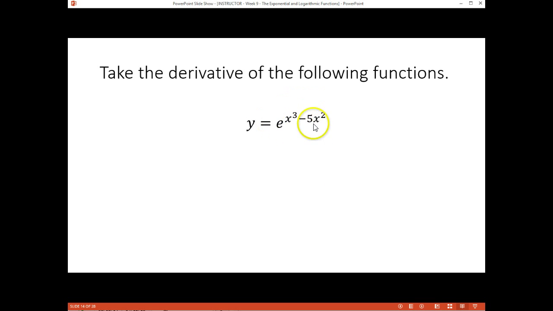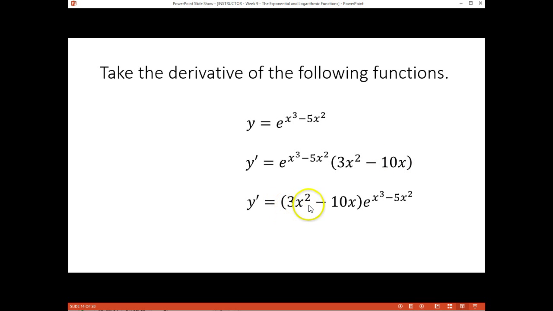Similarly, if we have a polynomial in our exponent, we can do the same thing. Derivative of e to the u is e to the u du, so I bring this e to the u down and multiply it by the derivative of the exponent. The derivative of the exponent is 3x squared minus 10x. And again, we're just going to multiply this out. This is 3x squared minus 10x times e to the x cubed minus 5x squared. Some of you may question, well, what's the difference between step 2 and step 3? Really nothing. We just typically put the derivative, our du dx, out front to simplify it.